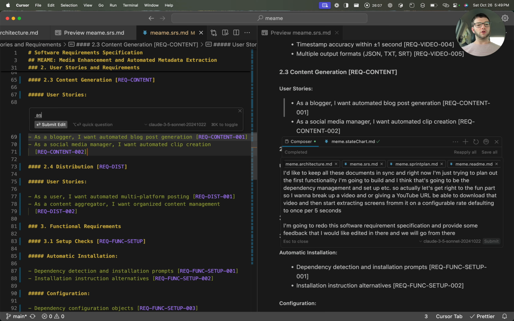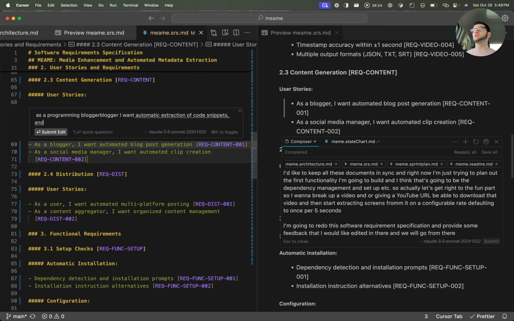As a programming blogger, I want automatic extraction of code snippets and transcription explanations of code patterns, explanations of what's going on in the different videos,